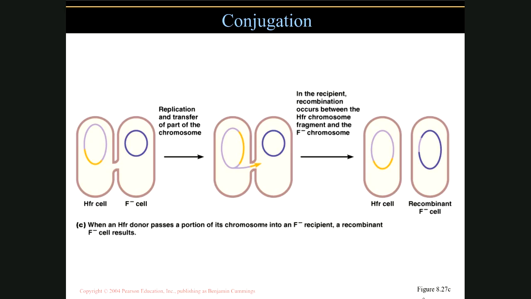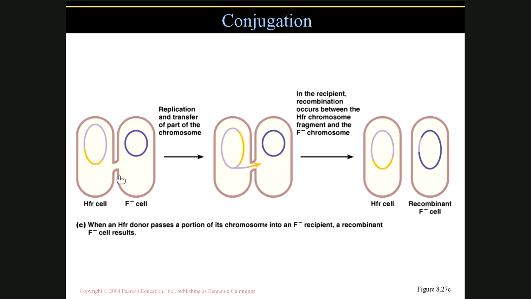Are you able to explain the slide we're on one more time? Explain what again? The slide that we're on with the HFR and the F minus. So we've got the HFR cell. Remember, the plasmid is integrated. The HFR cell still produces a pilus, reaches out to grab an F minus, pulls the F minus close together,